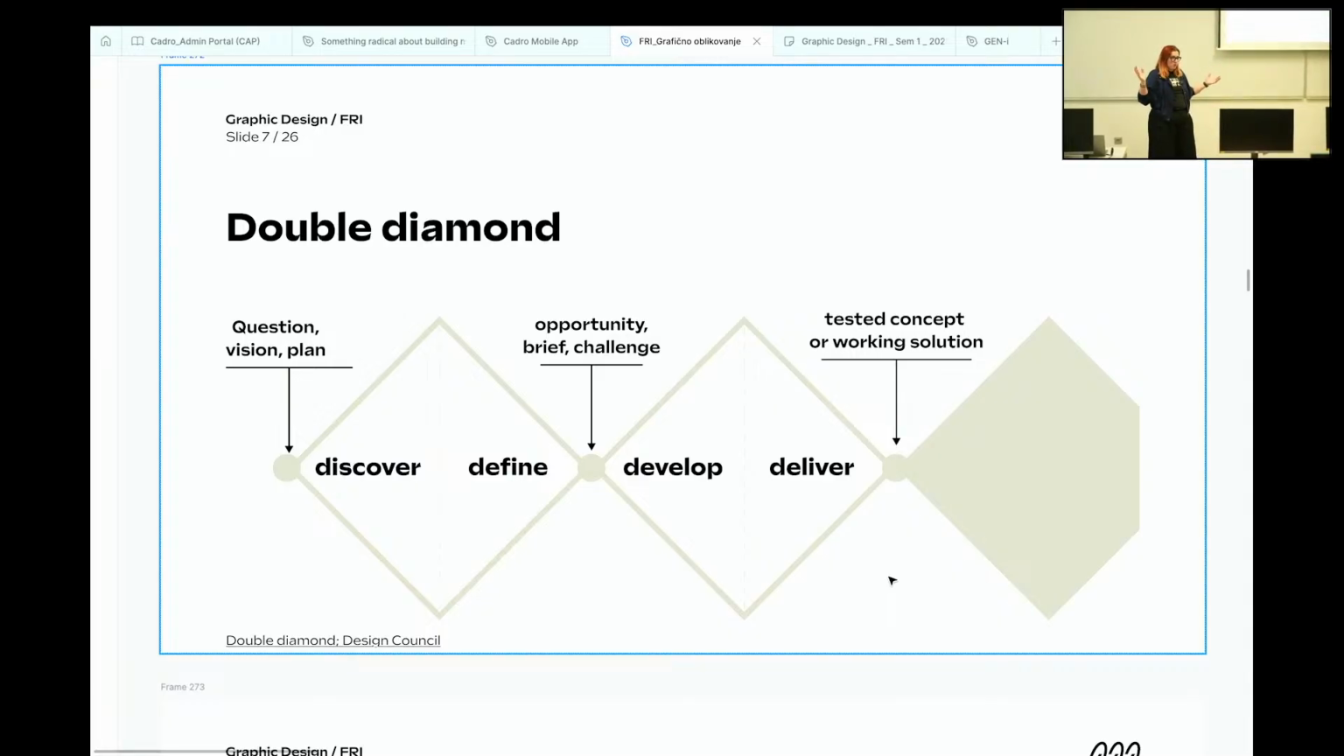Because solving problems that are too big is impossible. It's also discouraging, and it really can't be done. So if we can find a small thing, then we have a better chance of actually solving it. Okay, so now that we have this opportunity, this smaller brief, this challenge, something narrower, we again go divergent. So we prototype, we develop. And development here does not necessarily mean code. It means looking for solutions,